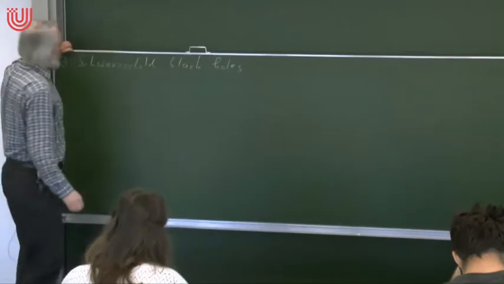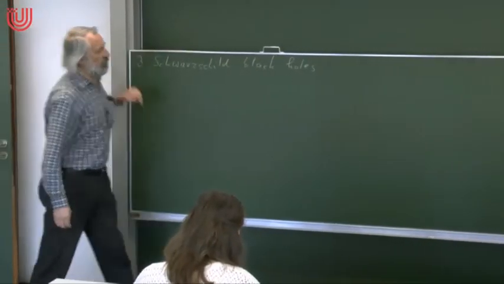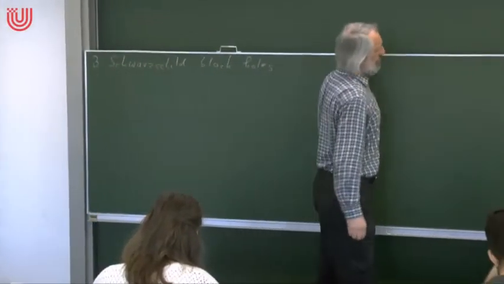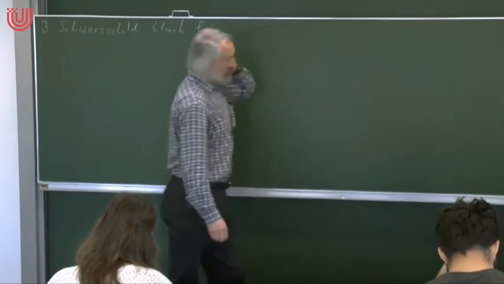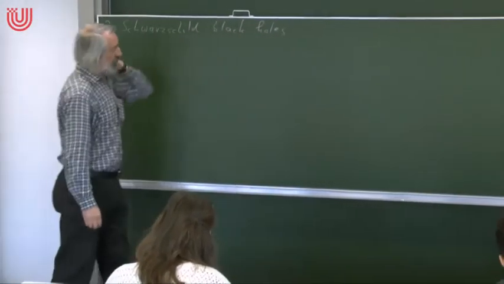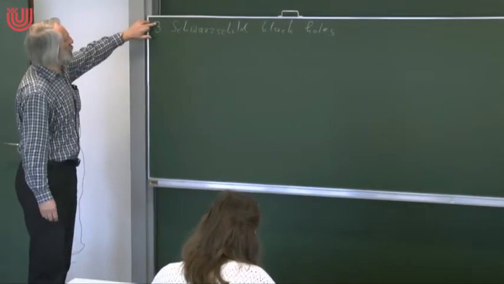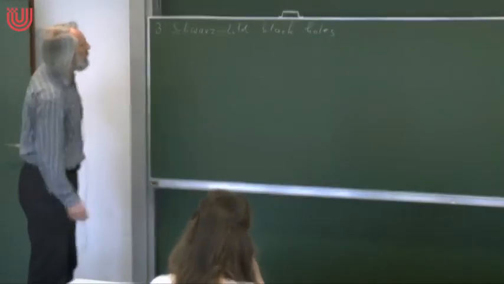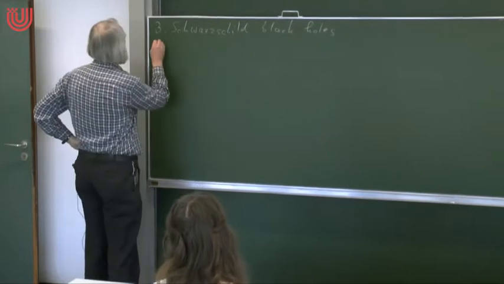Okay, but to begin with, I will speak about the Schwarzschild metric in general. It doesn't describe only black holes, as you certainly know, but also the field around spherically symmetric stars, or planets, or whatever, as long as it is spherically symmetric. So what is the Schwarzschild metric? The Schwarzschild metric